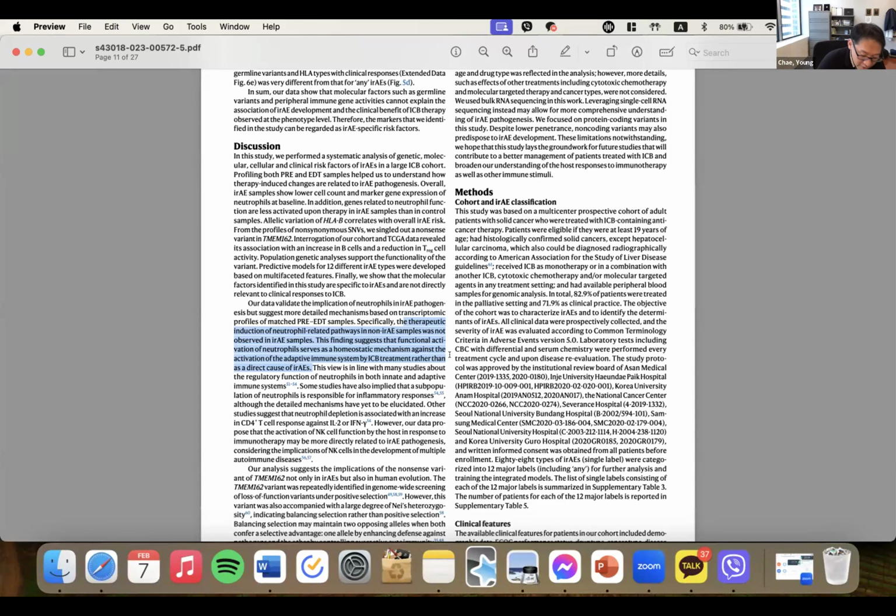So neutrophil is immune suppressive, period. Neutrophil does not go up or down by giving immunotherapy. Immunotherapy may make it go up and down, but we don't know that relationship. What we're trying to find out here is, in people who are getting immune side effects versus not, what's the difference in their neutrophil count? Pre-treatment prediction has nothing to do with that. Pre-treatment is pre-treatment. Immunotherapy didn't do anything.